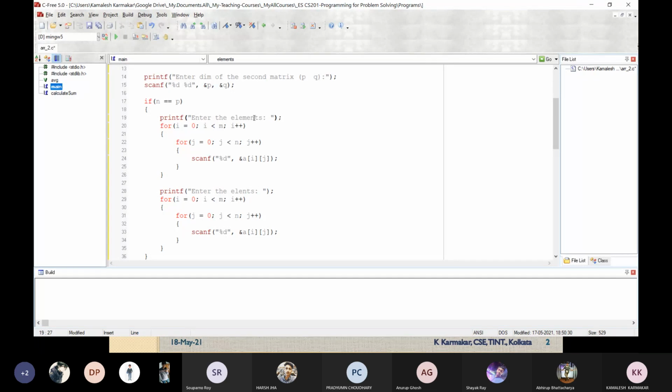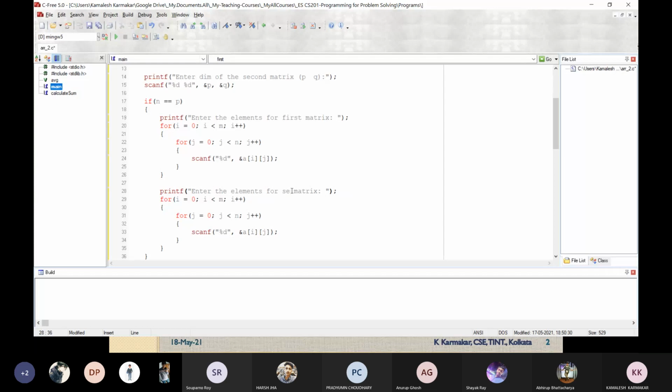I will add one more thing: enter the elements for the first matrix, and the message enter the elements for the second matrix.